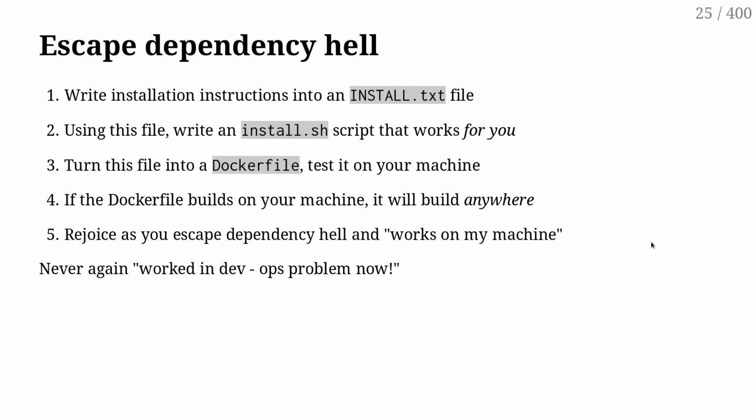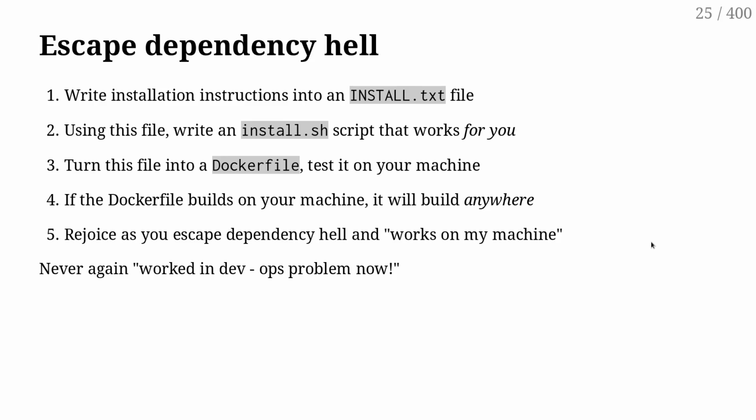Then from that point, we write a script that will work for us. Works for us means that we know that environments are going to be different. Like this laptop is running Arch Linux, and I don't expect many folks to be running Arch Linux. Maybe they will be running Debian or Ubuntu or Fedora or CentOS, or maybe they won't even be running Linux at all. But never mind, I'm going to write my installation script that works for me,